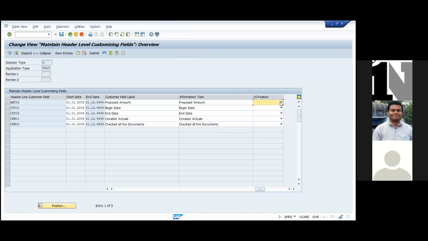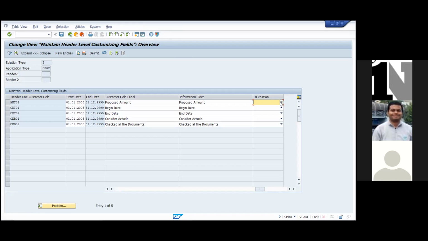Nothing much you have to configure. But as understanding, you have to understand that this is the text. In case you would like to change this text, you can change. But actually, this is technically used over all the companies, clients that use this terminology. So you should not change these things also. It is not recommended.